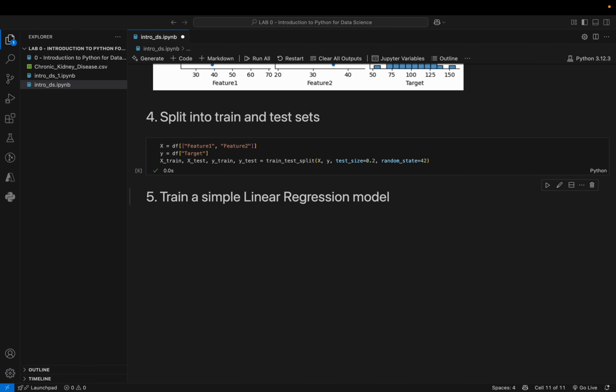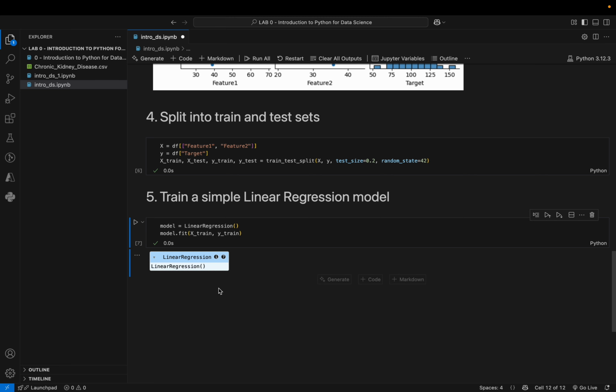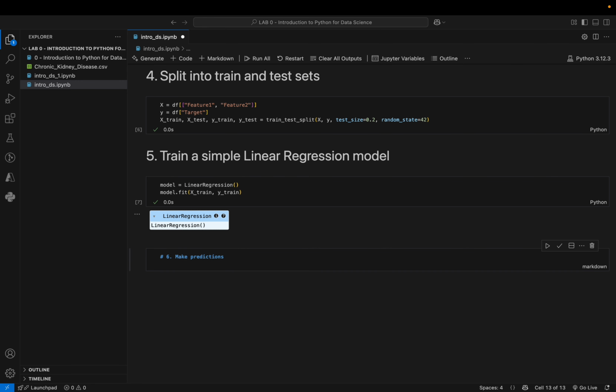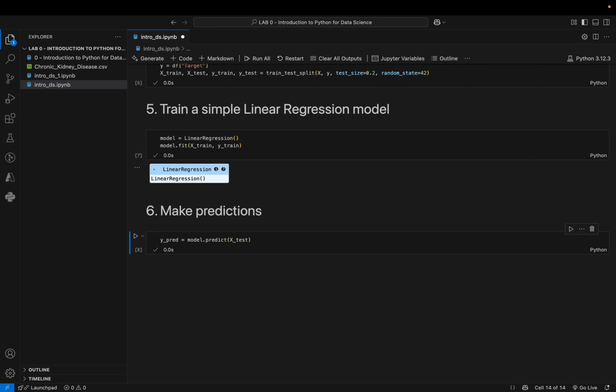So I'll set model equals to linear regression model to get it. Now you see the model is already initialized. Now I'll make the predictions. The predictions will be made so that I get an idea of what the dataset is about, and how the model can make predictions. And then, after making the predictions, I'm going to